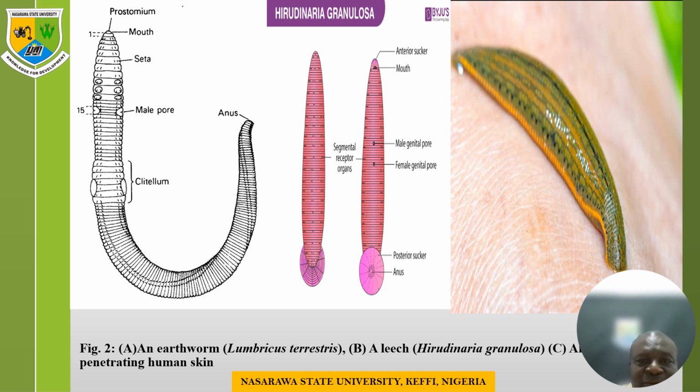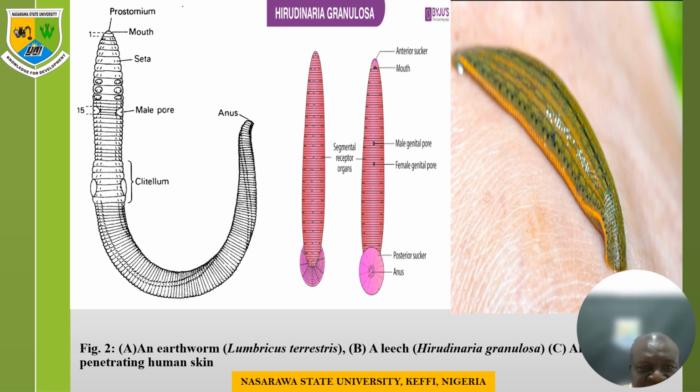And again, the second one is the leech. It is a leech, as I mentioned, Hirudinea granulosa. You can see how it appears. And when you take a look at the entire organism, this is the earthworm, as you can see. So it is muscular in nature, and inside it is made up of various segments, as I talked about metamerism, different segments.